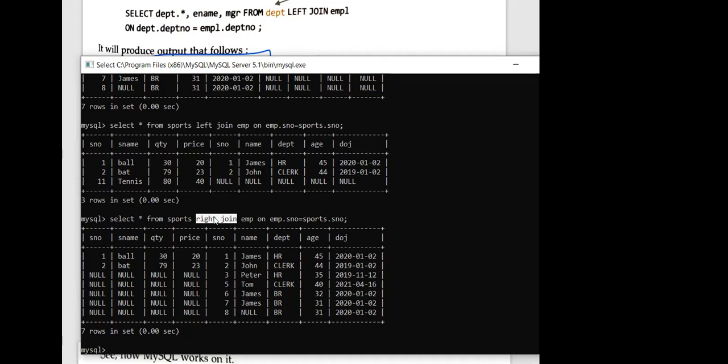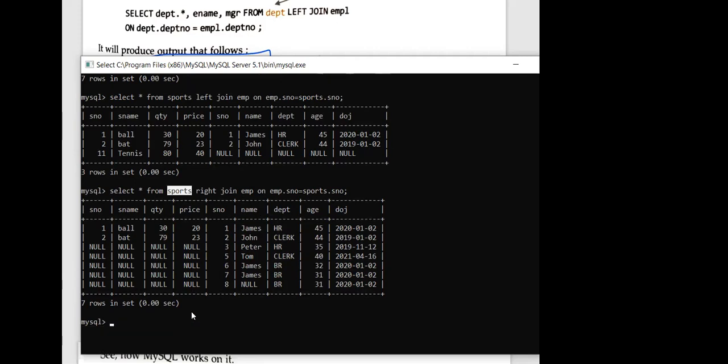Yes. Now see, in right join, we will see the right table. Right table will be considered as the main table. So it will be shown completely. जो right table थी, EMP थी, so it has been shown completely. और जो ये वाली value थी, this will be termed as your second table. है ना? So second table में से all the matched value will be shown and unmatched value will be filled with the null value. Okay.